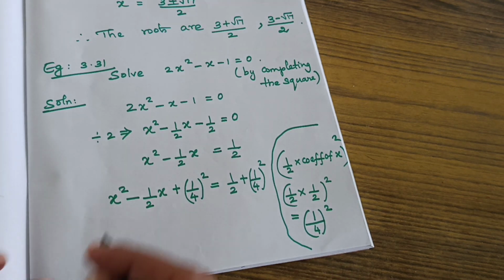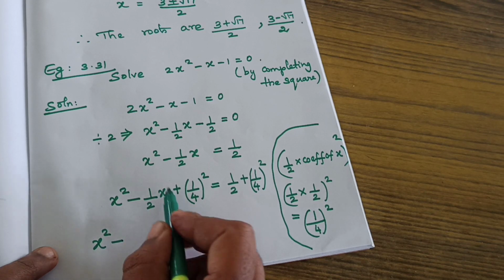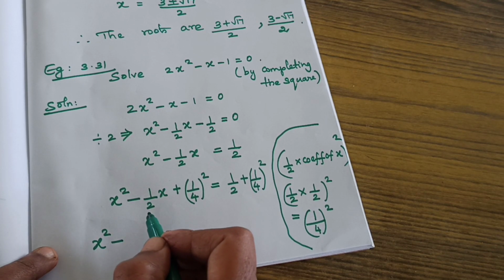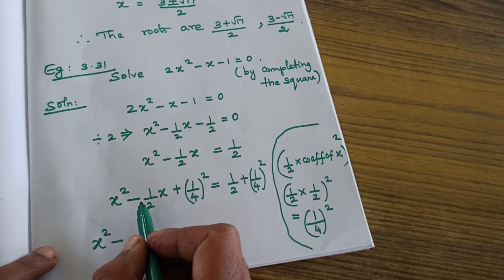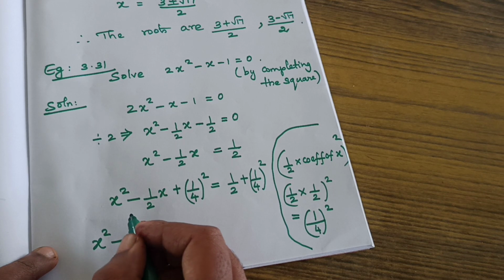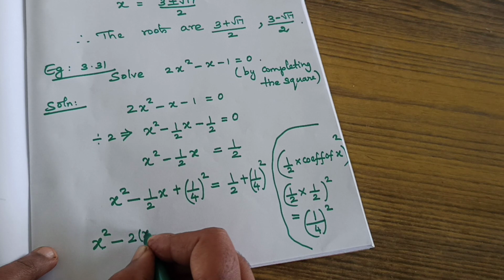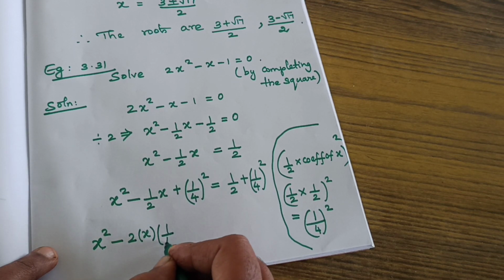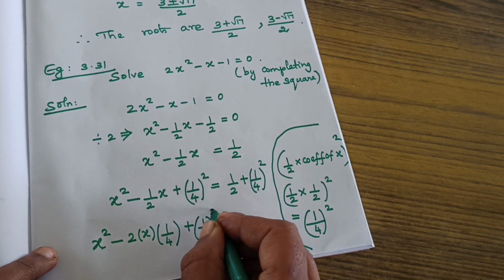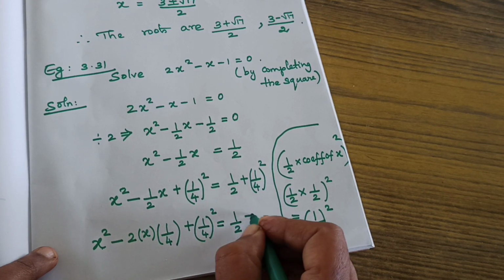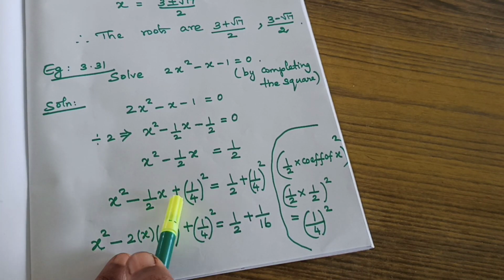Okay. Now we can check the formula. So x square minus this term, whether we are getting the correct form, we are going to check. Here there are 3 terms, a plus b the whole square or a minus b the whole square. Here it is minus, so a minus b the whole square only. So a square minus 2ab plus b square, here this one is a, what is b? 1 by 4. Which is equal to half plus 1 square is 1, 4 square is 16. And we can check whether we are getting this half x correctly.